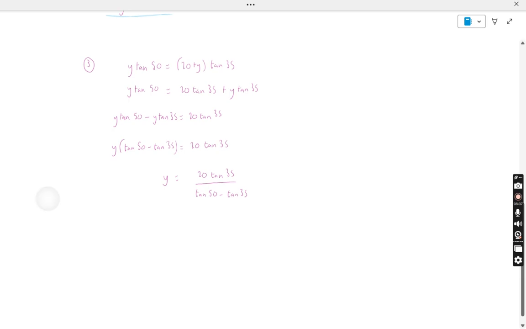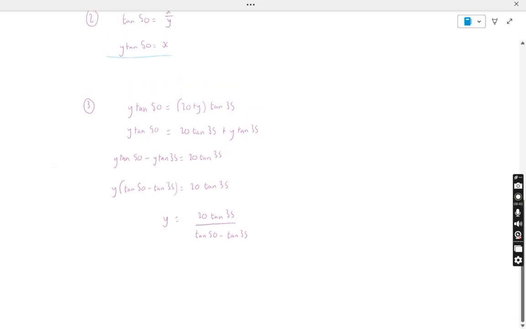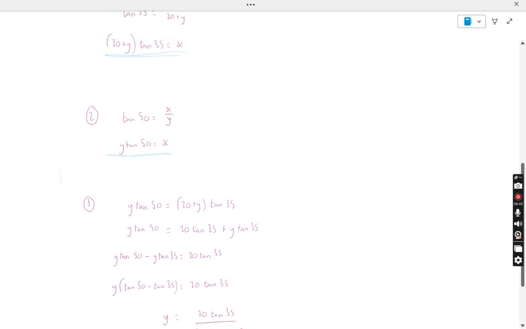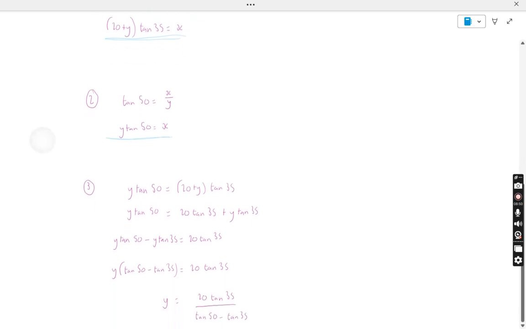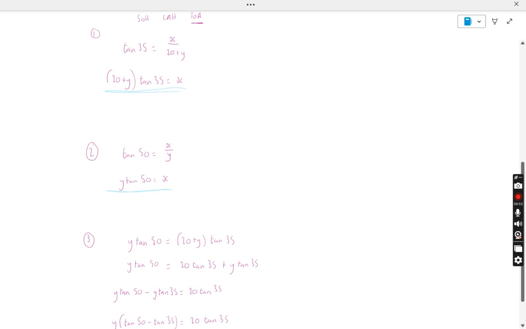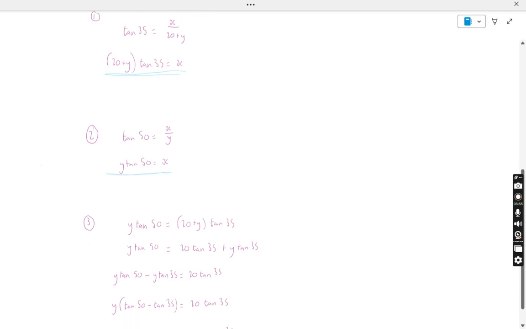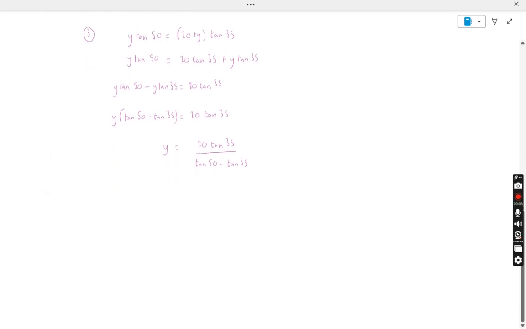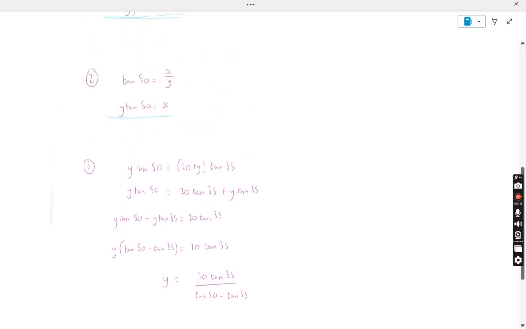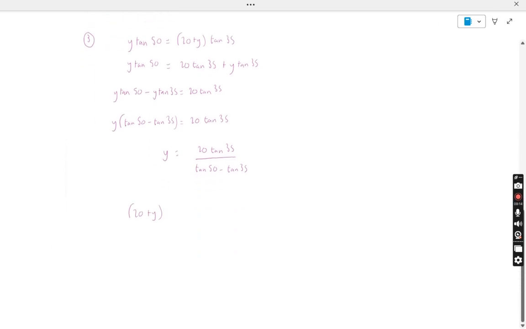Okay, now we are making some progress. I've used simultaneous equations to figure out what y is. Now I can substitute that back up into the top one. I'm going to choose number 1. Let me just rewrite this equation down here on my OneNote so it's a bit easier to see. So I've got brackets 20 plus y times tan 35